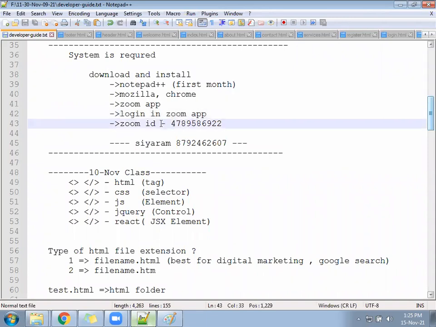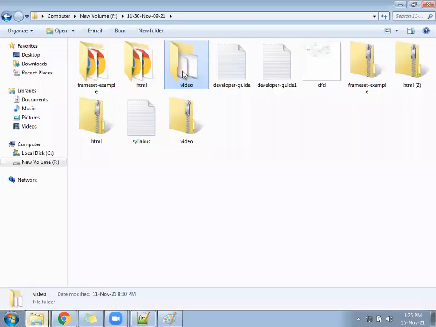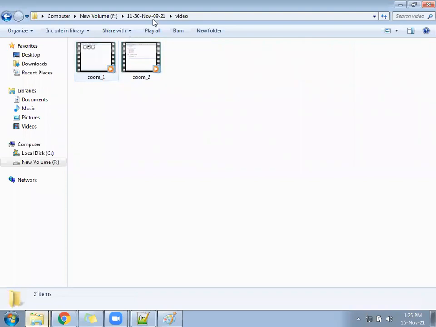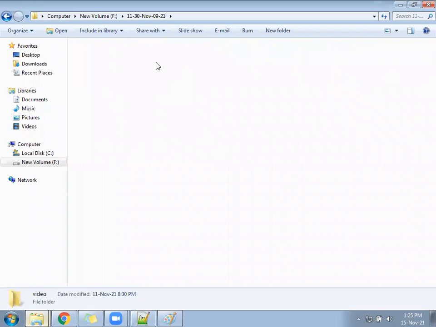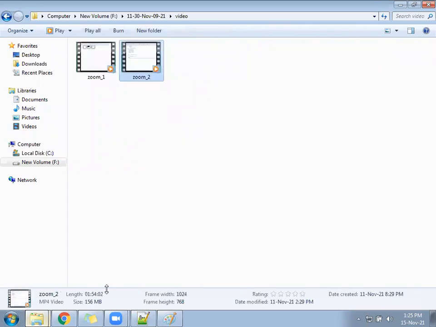So keep your internet data sufficient. One video is nearly 100 plus MB. Here the videos are, so two, three, four should be there, and two more videos will be there. Let me see, one video is 156 MB. If I compress it, it will come to somewhere around 120 MB. So you should keep enough data. Tomorrow, once we start the class, in the beginning I will compress the folders and videos. It will come close to 100 MB in total, and then I'll give it to you in the chat.